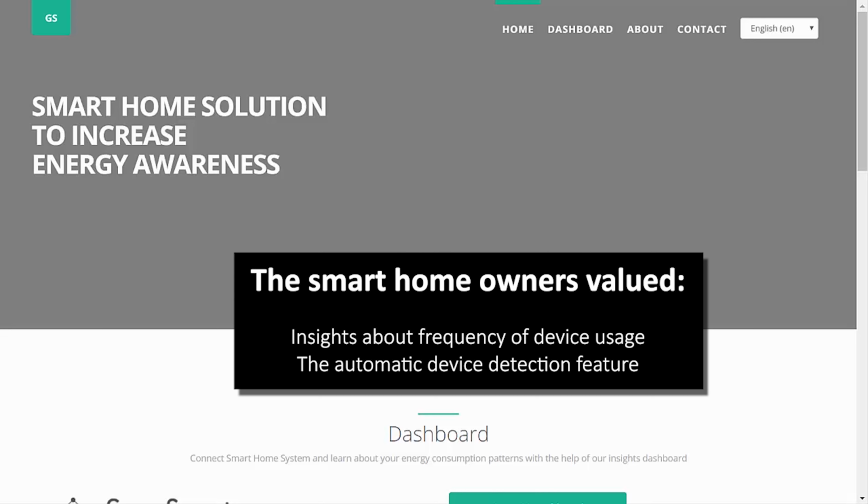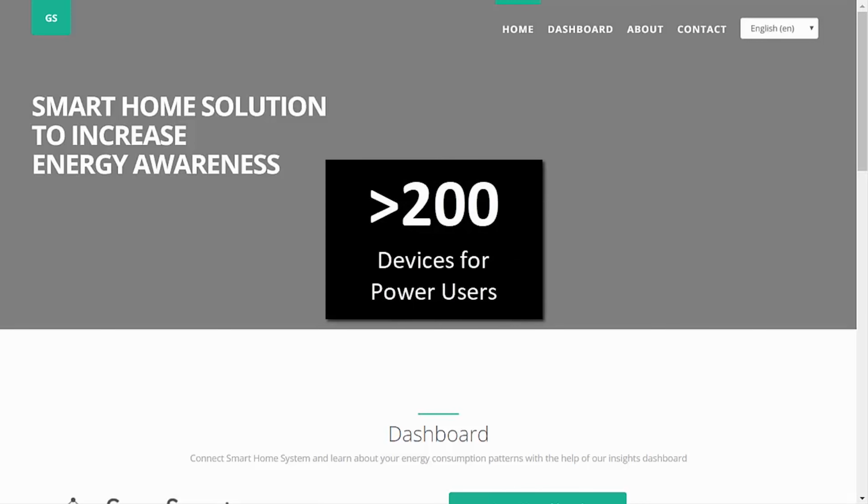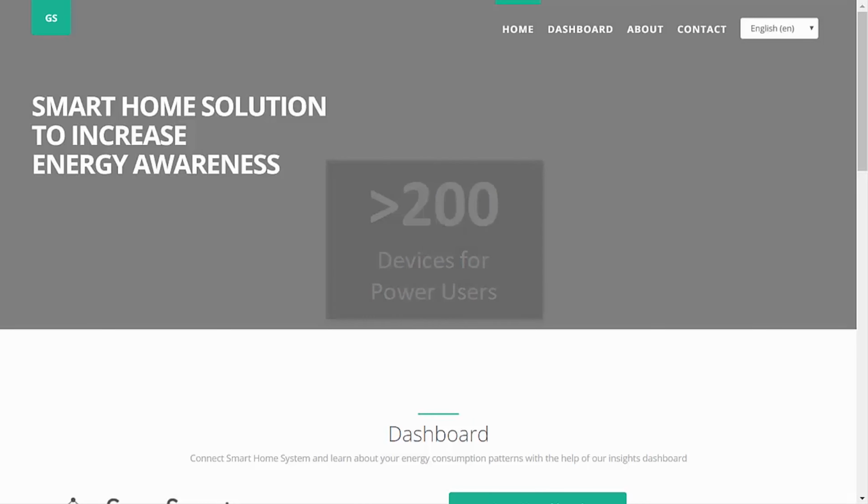This feature helps smart home users to better manage their devices. For instance, they can better find specific devices and understand their power consumption. This is particularly important for power users that have more than 200 devices. In a separate tutorial, we show you how our algorithms speed up semantic data